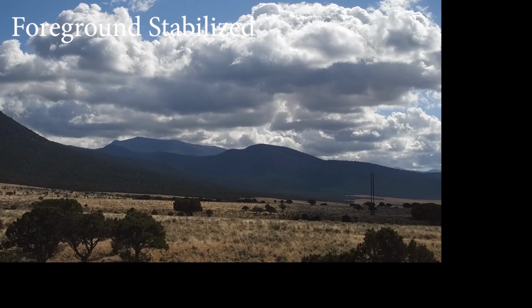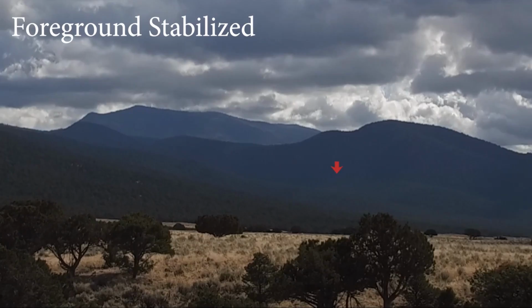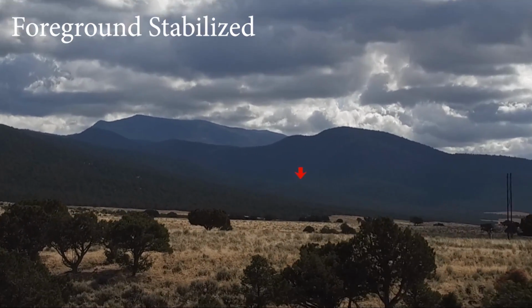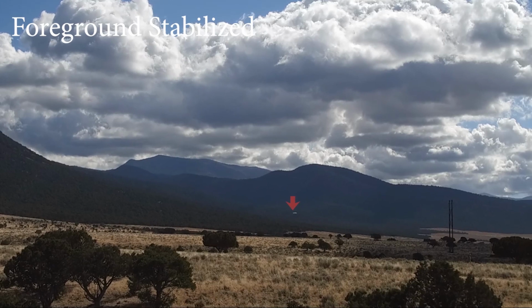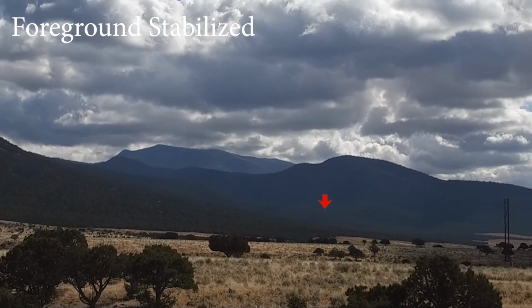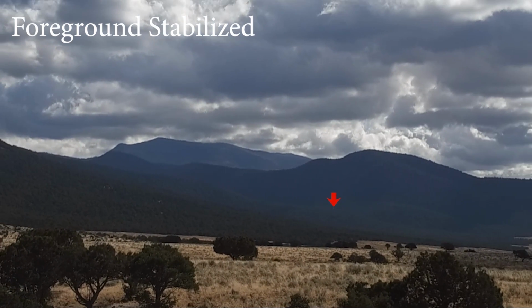there's the playthrough of this stabilized version. And it gives us another way to look at it. And I know that's a little jarring to see what happens as this thing moves by, and I'm changing size, but let me get rid of this black border, size this up a little bit. There we go. So now let me go through this again, now that the foreground is staying in place. And as I just move back and forth through that, is it possible that this is a tiny object closer to the lens